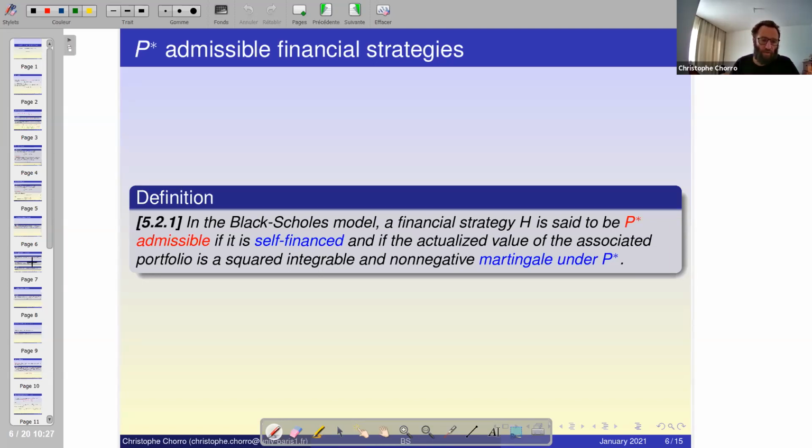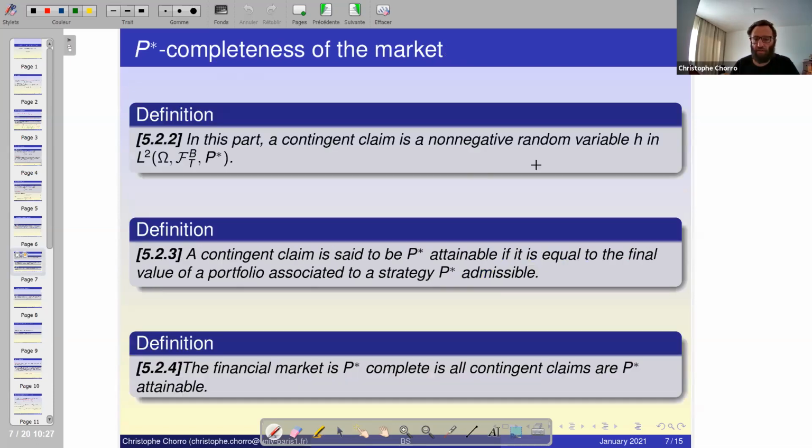So I have reminded the definition of what is a contingent claim in the case of the Black-Scholes model. It's just a random variable that is F_T^B measurable, and I impose the square integrability condition with respect to P star here. And it's what I call the contingent claim. To fix the idea, remember that a contingent claim will just be the payoff of a European type option,